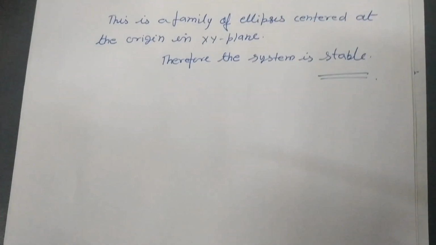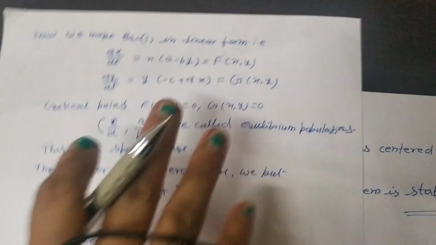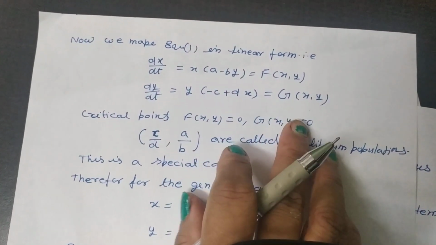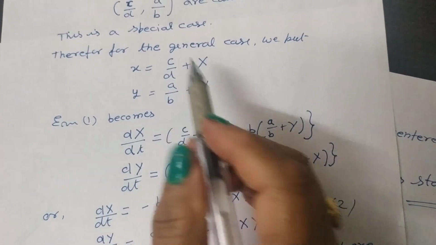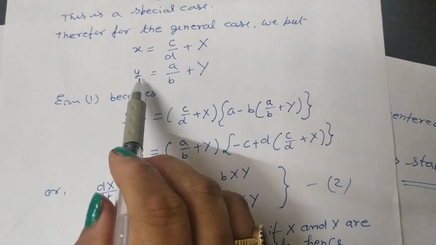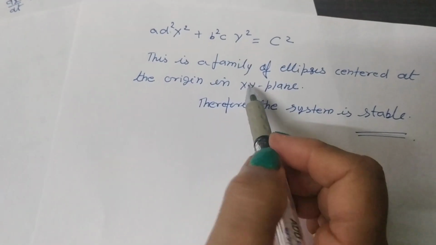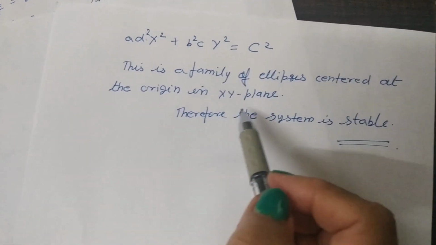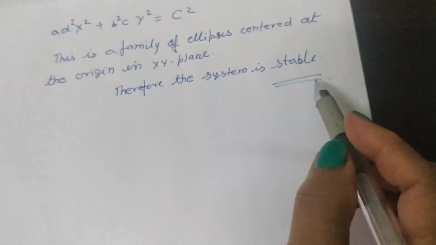Here in this Volterra prediction equations, first we obtained the result only for small x, that is only for foxes and rabbits. Now for generalization we substitute capital X, and as the system is stable, we suppose that x is equal to the critical point plus x and y is equal to the critical point plus y. Now we see the equation becomes an ellipse, that is, the system is stable. So we can say that from this model, the struggle of two species is a stable process. Yes, thank you.